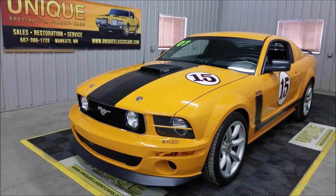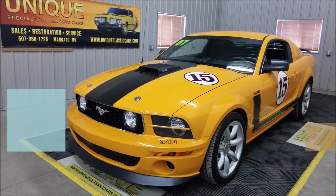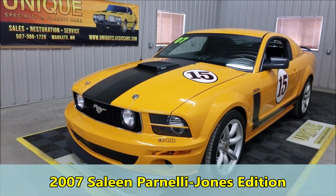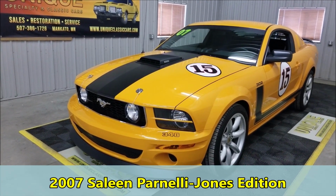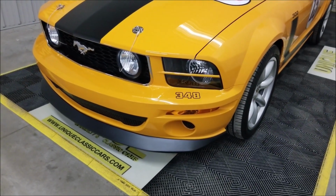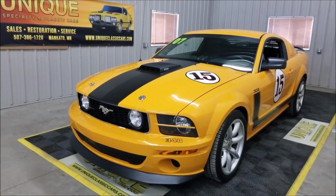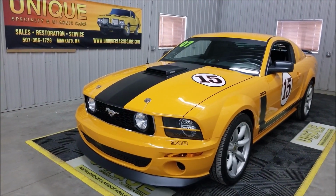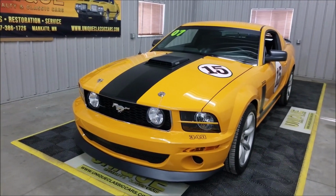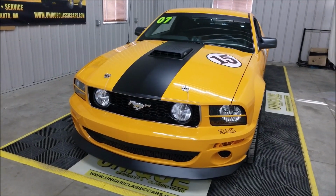All right, here's a beautiful specialty Mustang that we just got in at Unique Specialty and Classics. 2007 Saleen Parnelli-Jones edition. The real deal here. As you can see, this is car number 348 of 500 that were made back in 2006. Parnelli-Jones, seen the grabber orange new body style Mustangs driving around in California, and actually went to Saleen headquarters,